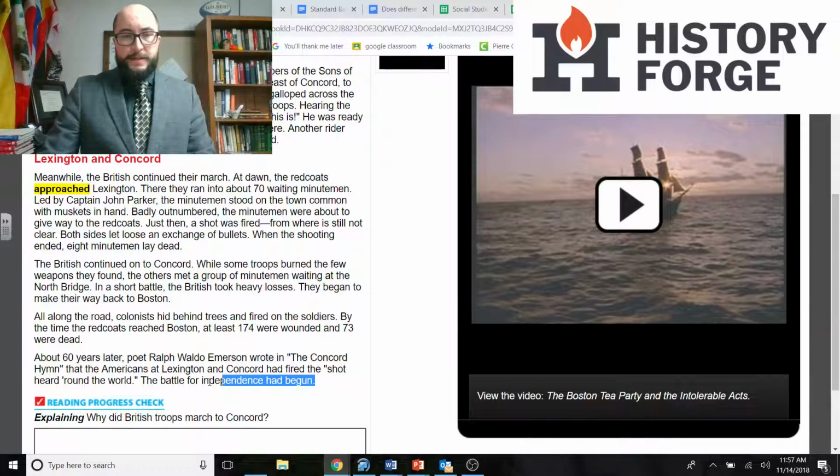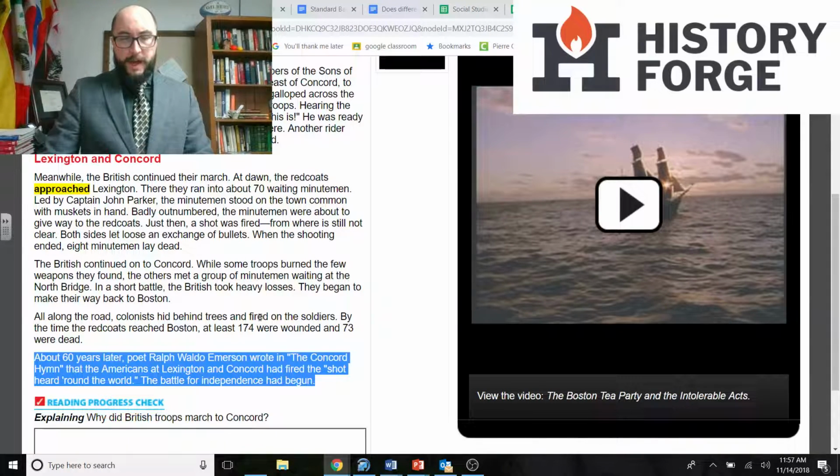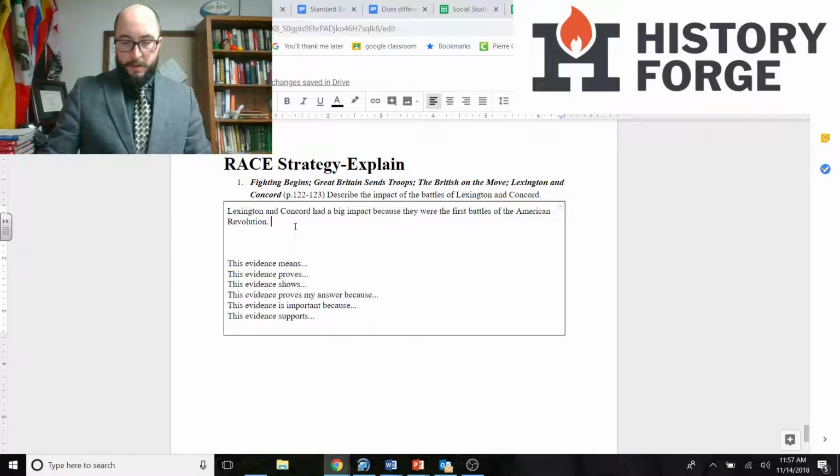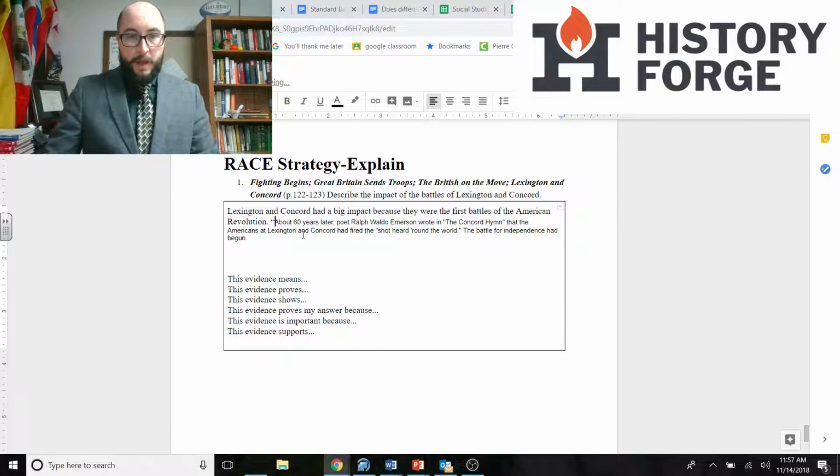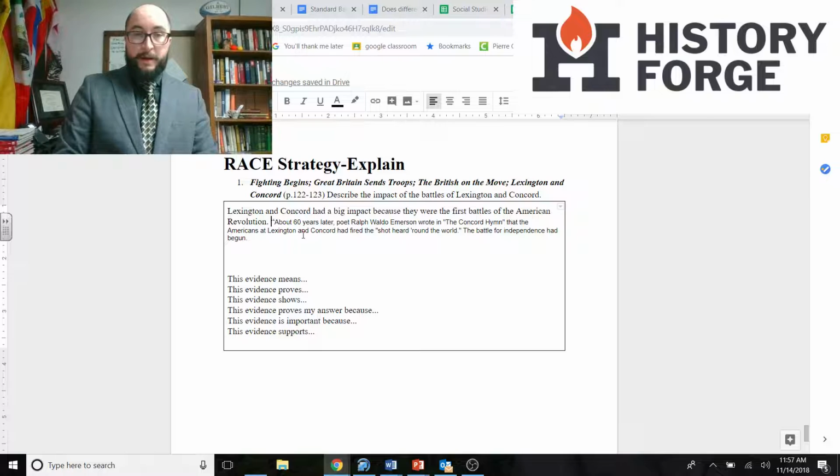So right here, I'm going to highlight this entire sentence, and this is going to be my quote. And I'm going to be good about it. I'm not going to just put a quote in there. I'm going to say, according to the section called Lexington and Concord, the author stated,